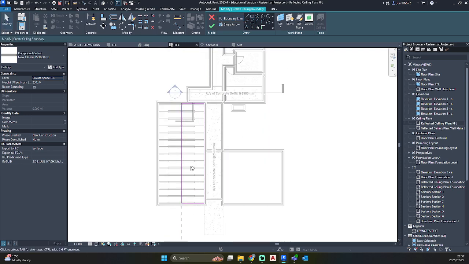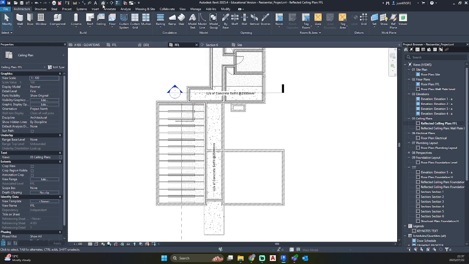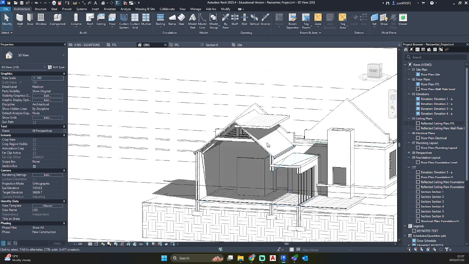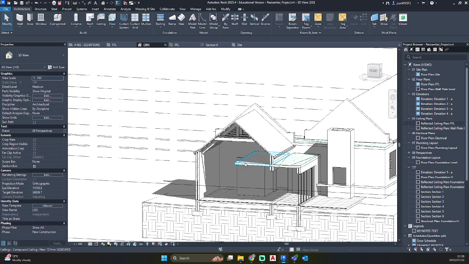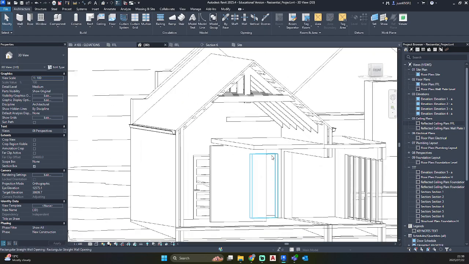So now that we have this, if we hit OK, that's on private space level and needs to be on public space. If I hit OK, go to my 3D view, you'll see that there's my ceiling.